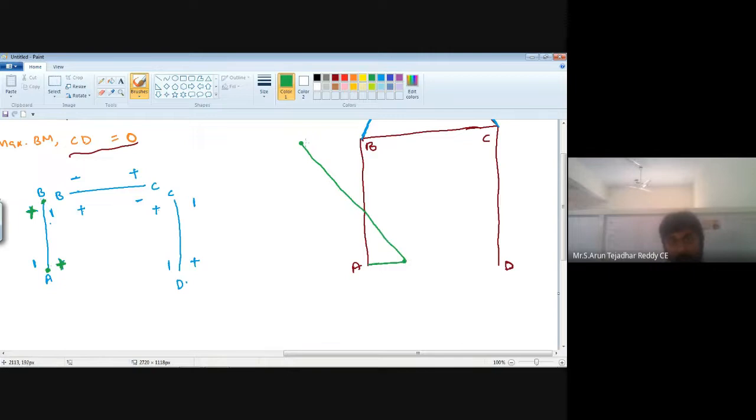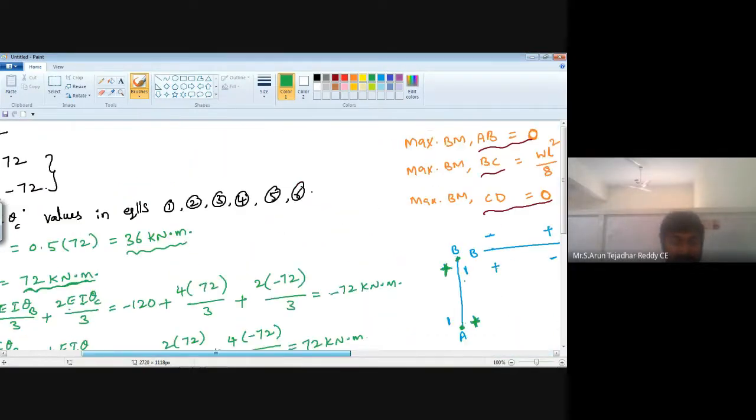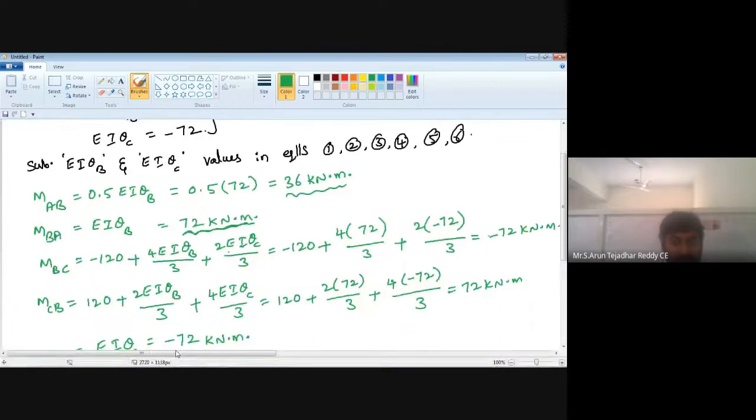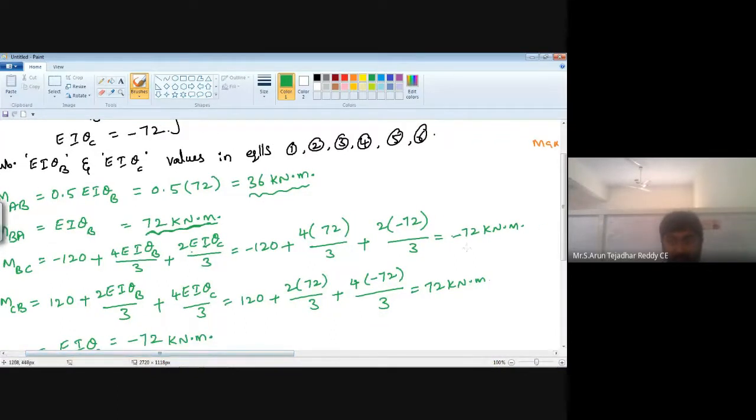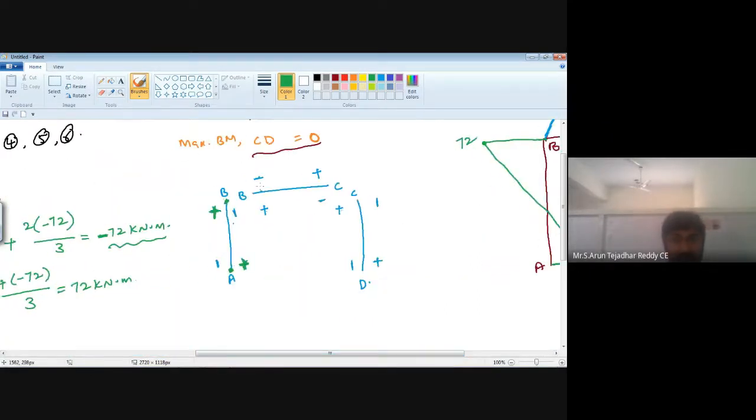Okay. Yes, beautiful, very nice. Next, so AB BA completed. Here it is 36. Here it is 72. Now coming to the BC. What is the value of BC? BC is minus 72. See, BC minus 72. The term is minus. Once check the sign convention. This is BC. It means B to C.